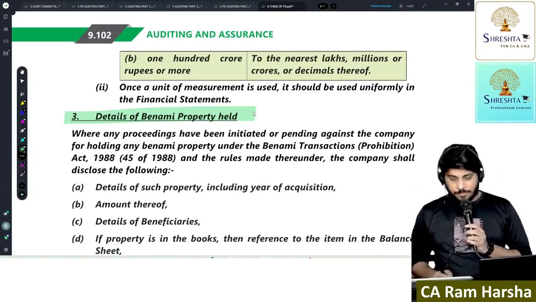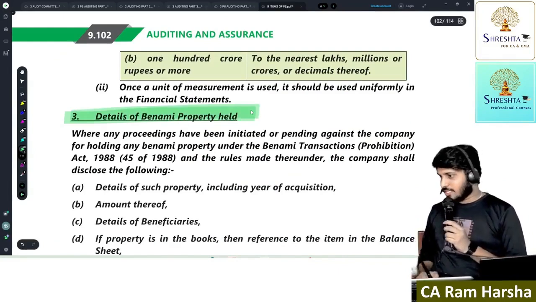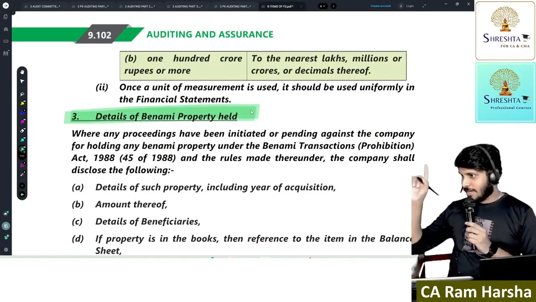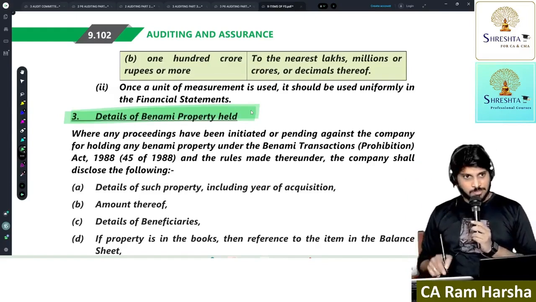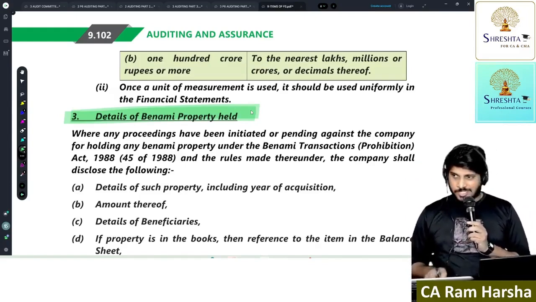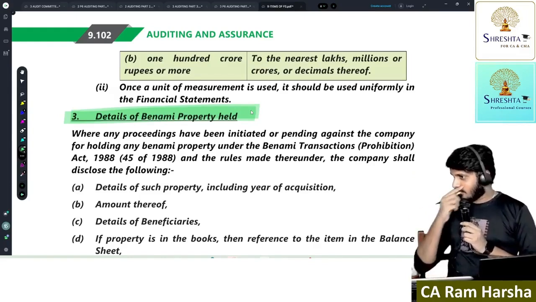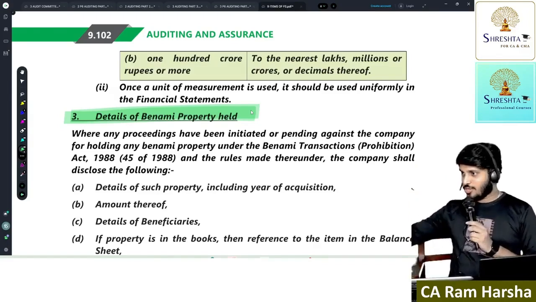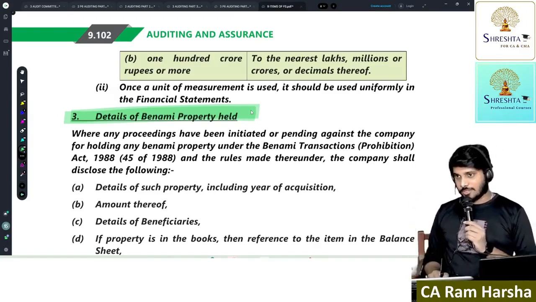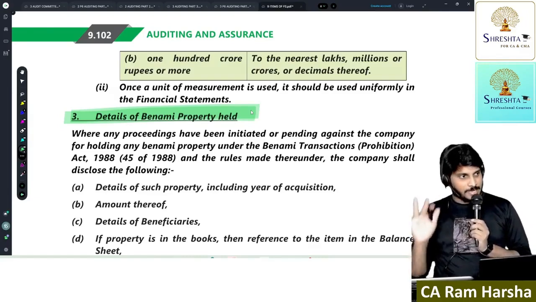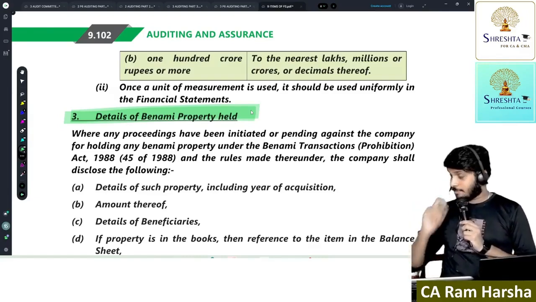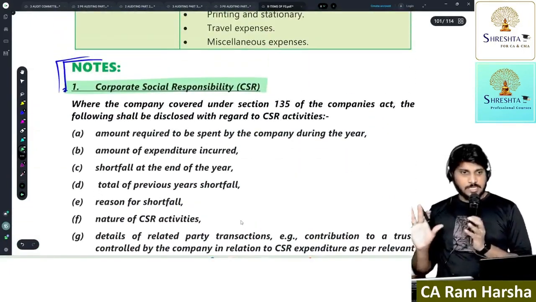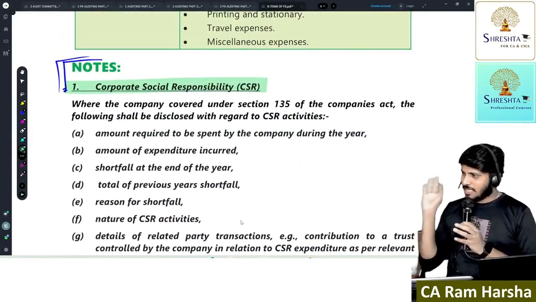Many students, when asked about this, straight away wrote CARO points. But I showed in my paper analysis video also regarding this: items of financial statements notes. I showed it after the exam was over, May attempt 22. I made a video on paper analysis. In that I clearly showed this. It's not CARO, it is items of financial statements. Are you getting it? Anyhow, I'm just telling you, this is a disclosure requirement.